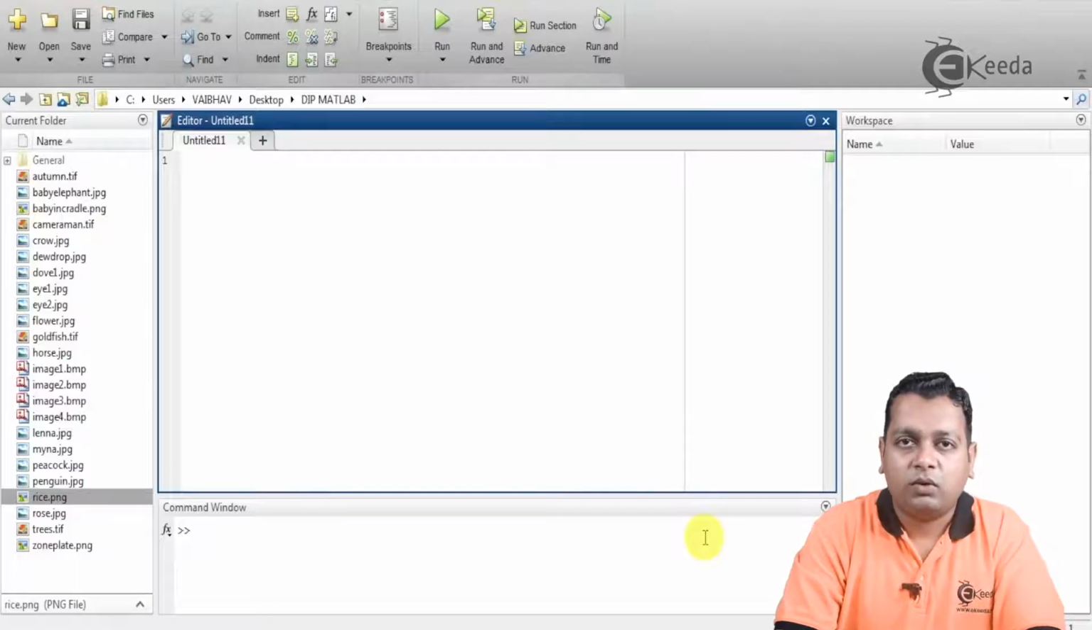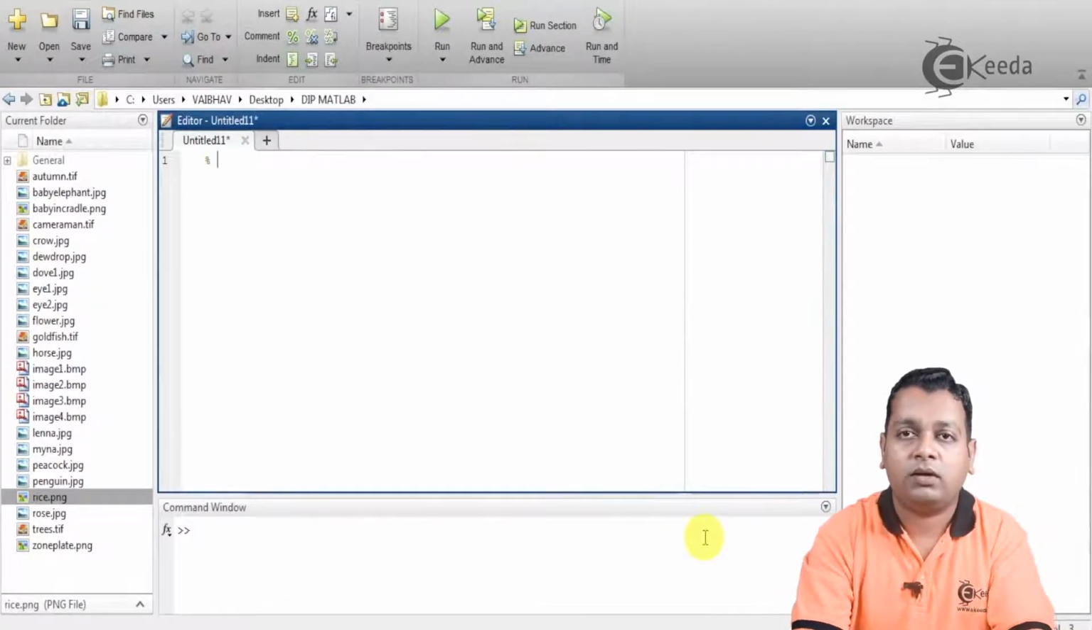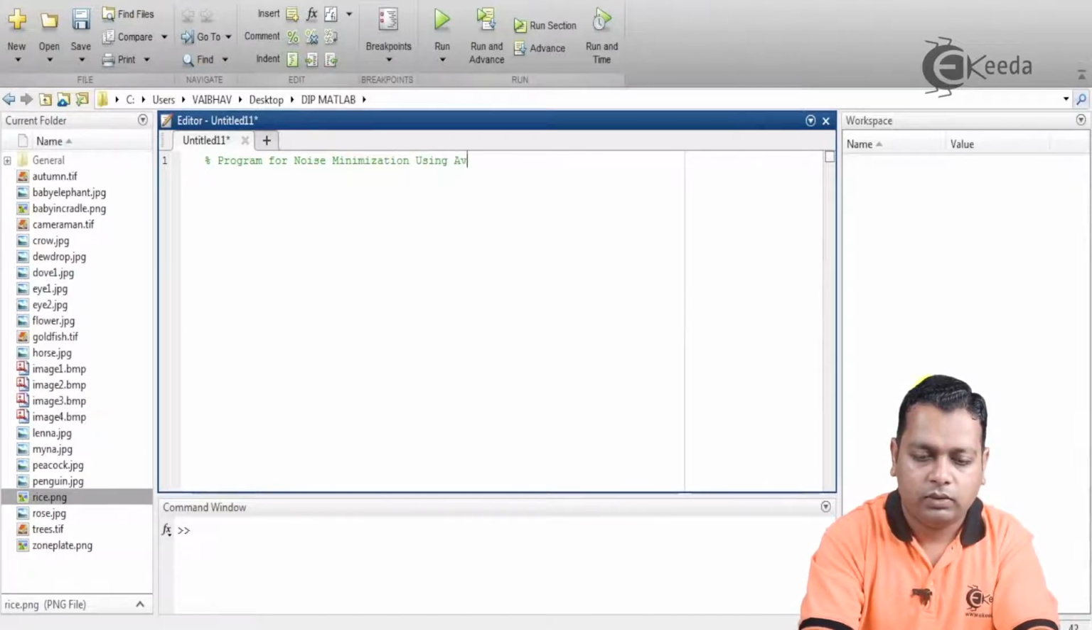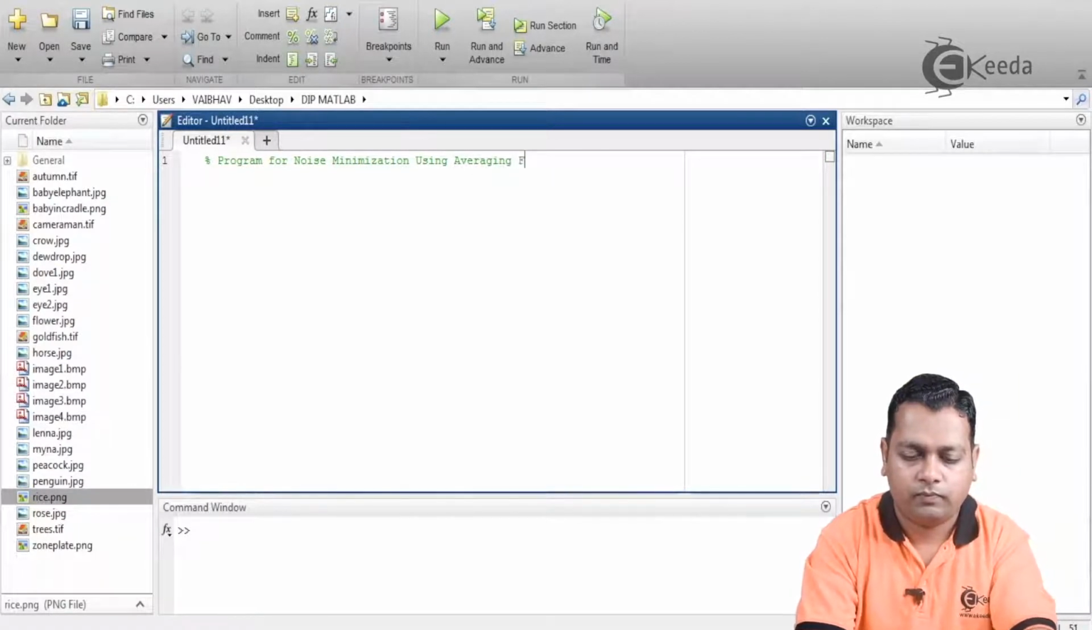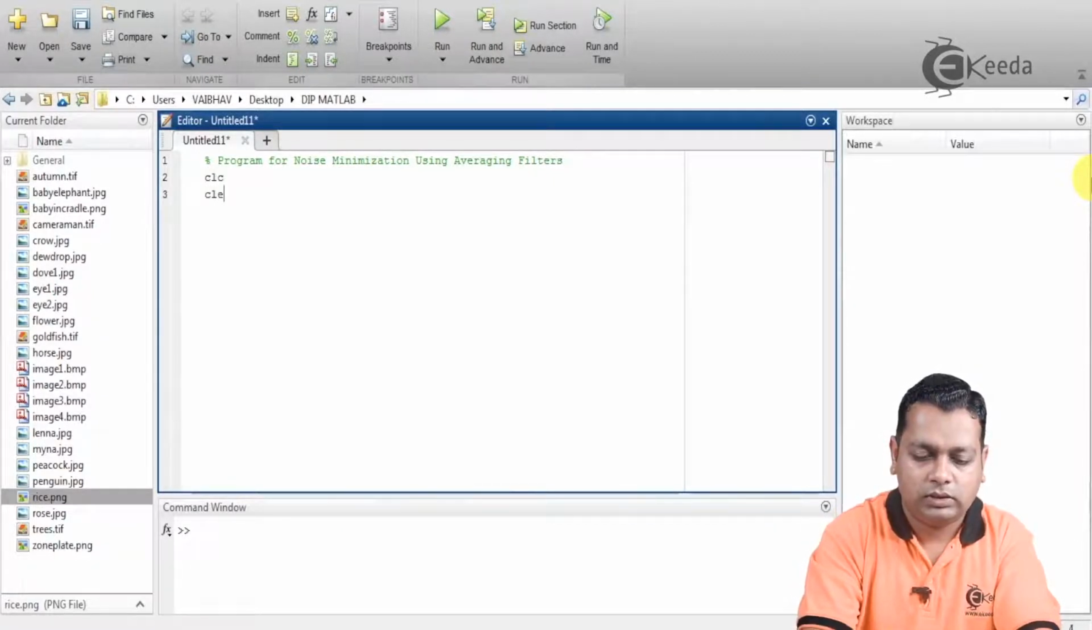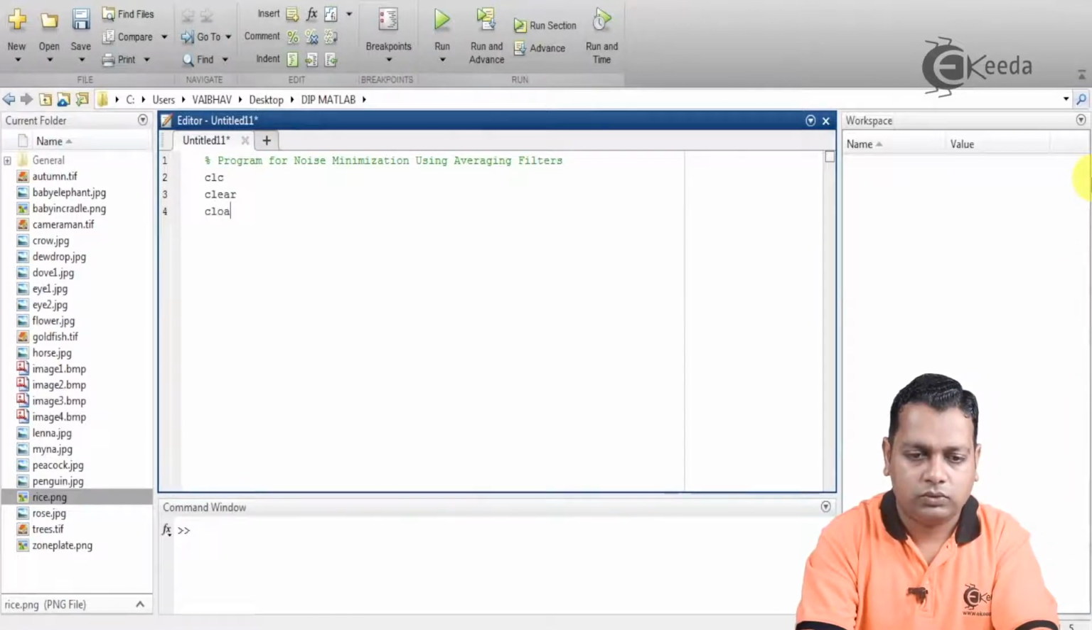So here we can begin with our MATLAB program. Very first of all, I take a new script here, and here I can make a comment, the purpose of the program. So this is a program for the task of noise cancellation or noise reduction. So it will be noise minimization, using, here we use for smoothing purpose the averaging filters. So now we begin with clc, clear, close all,